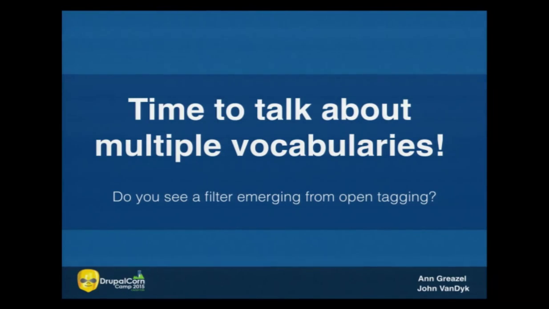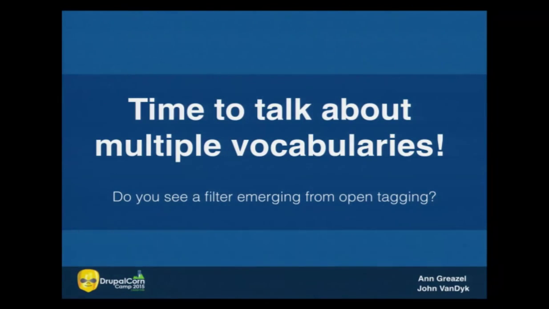But the thing that tips you off that you should have another vocabulary on your content type is this commonality. And the thing that tips me off is, hey, I've got all this stuff, and I want to have a view, and I want to be able to filter by this one thing. In this case, color. It's a natural thing to do, but what do we get if we do just a filter on tags? Look at this massive select list with 400 things. It's useless. So that's a tip-off point that, hey, we need to just make another vocabulary that goes alongside the tags vocabulary. And that's where we're going to talk about multiple vocabularies.